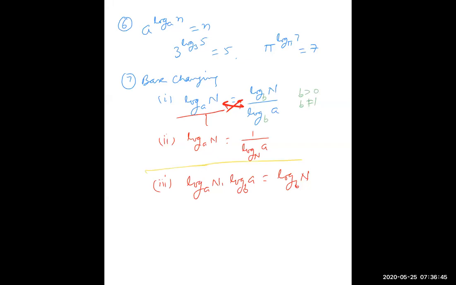In the previous class also I've given one example. Here also I'm giving one example. This can be extended. Loop formation is there. Loop formation means, for example, I want to write, see here, you will understand, log_2 10. I can write log_3 10, log_5 3, log_7 5, log_11 7, log_2 11.